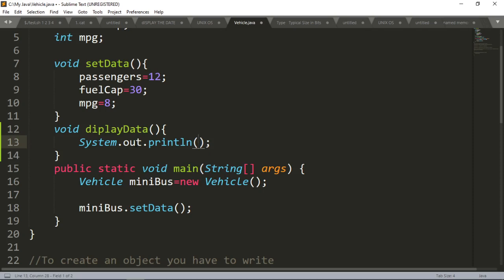There are so many ways to write Java programs. You can choose any one of them. But I will suggest that if you write in an IDE, then the IDE will give you lots more help than these text editors.